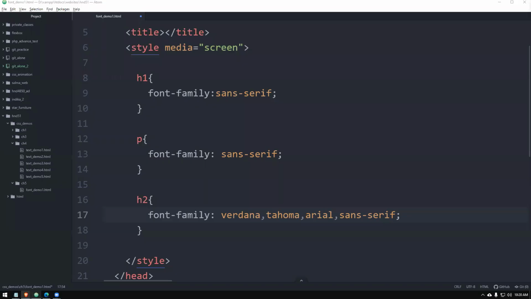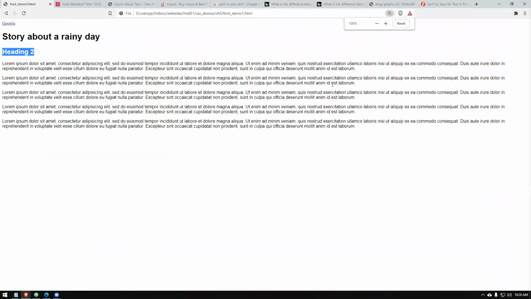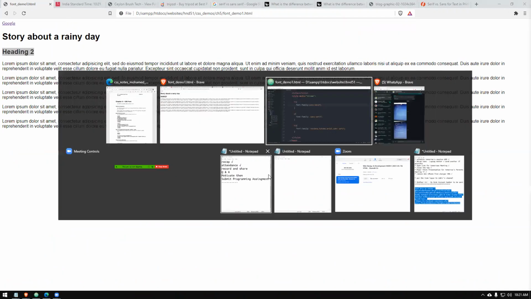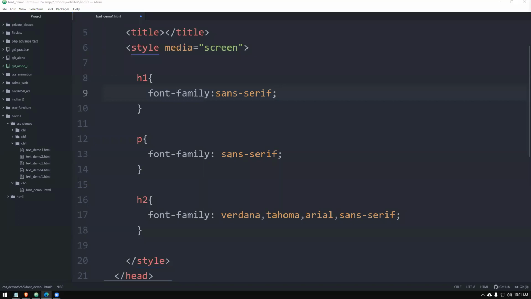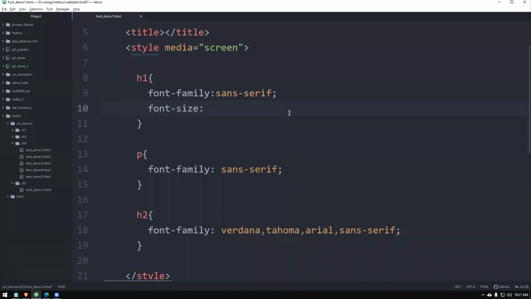The next part I'm going to show you is how you can put font sizes and thickness. So I'll show you that as well. We will open our page here and keep it at the default size, which is 100% now. Let's see how we can give the font sizes. For the heading, you can give pixel values, that's okay. You can give percentage values also. For font size, I'm going to give something like 50px.